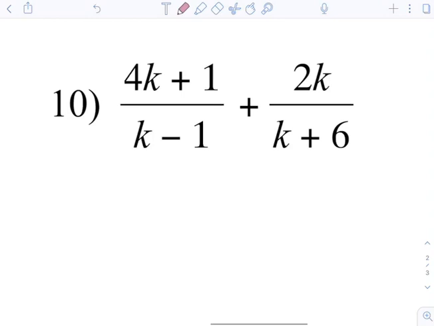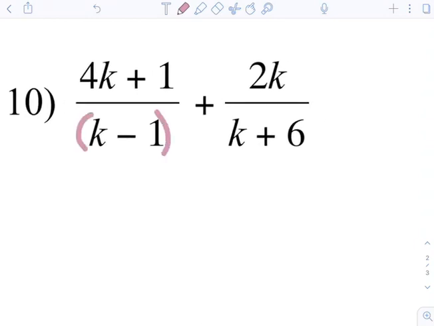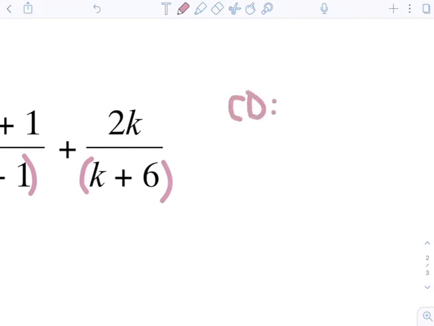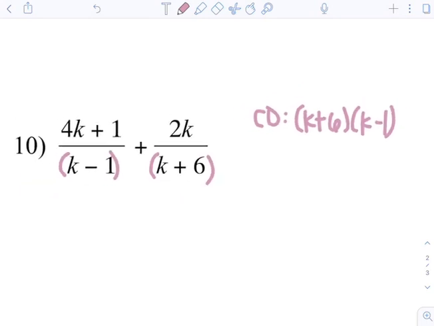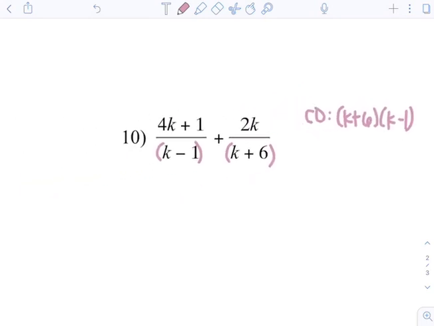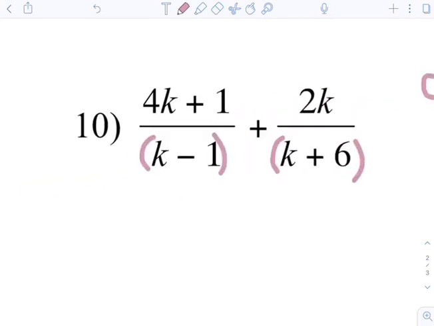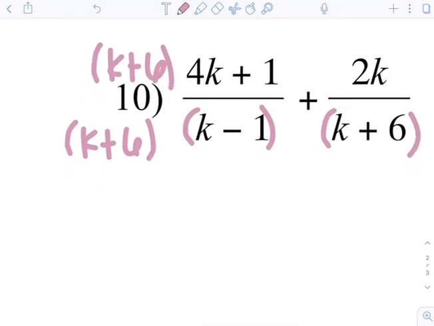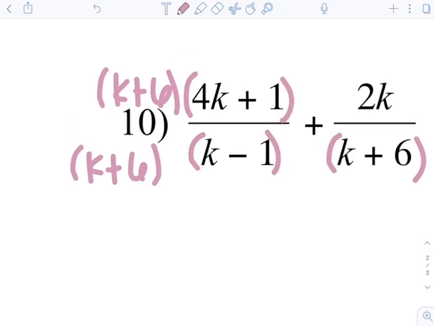Okay, number 10. So all you're doing is combining the binomials to make one big denominator. So k plus 6, k minus 1, and no, the order doesn't matter because it's multiplication. So you could have k minus 1 first if you want. Okay, so all you have to do is multiply by the missing binomial. So what's important about this one is I have a binomial times a binomial, okay, which means we have to